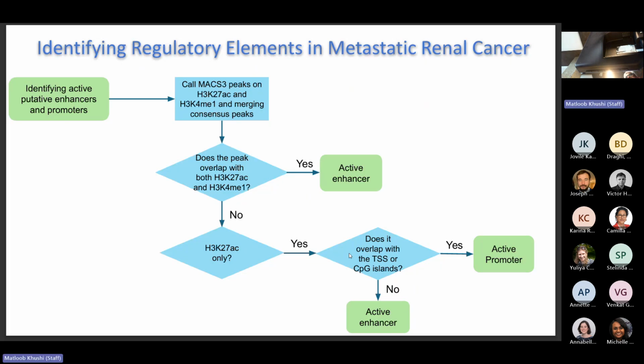The next bit was to identify the distal regions that interacted with these promoters. And again, we used these histone modifications, which is like another epigenetic change, to find these regions. So there's 80 different chemical modifications that happen on these nucleosomes that wrap up DNA.